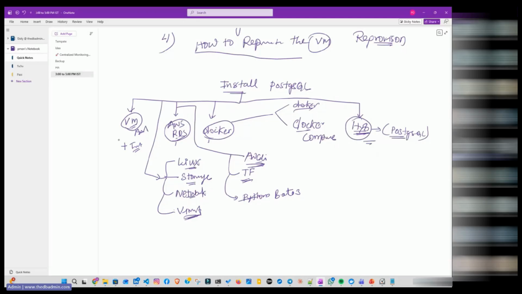So I'm going to cover Postgres installation on VM, RDS, AWS CLI, Terraform, Boto3, Docker, Docker Compose. And before starting Docker, I will teach you the basics of Docker: what is Docker, how to handle it, how to manage it. And while we are talking about Docker, I will show you some third-party tools to manage Docker. Okay, like